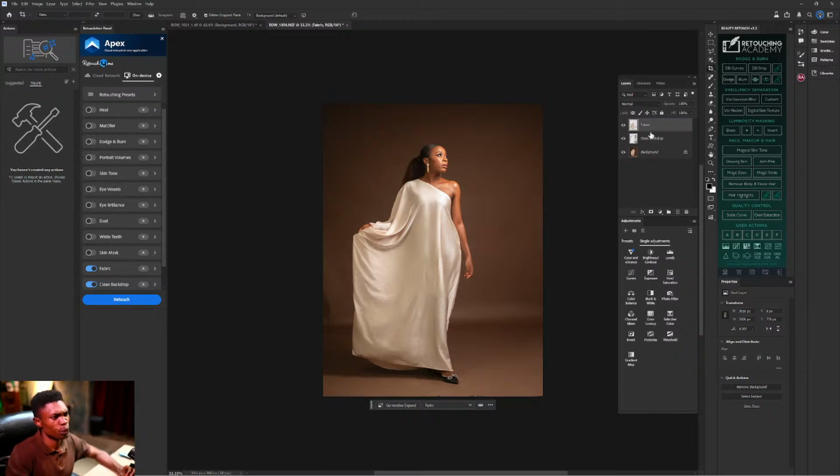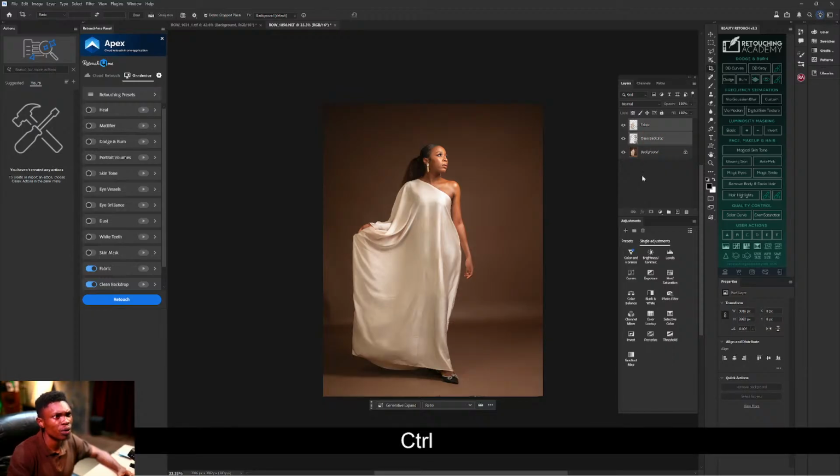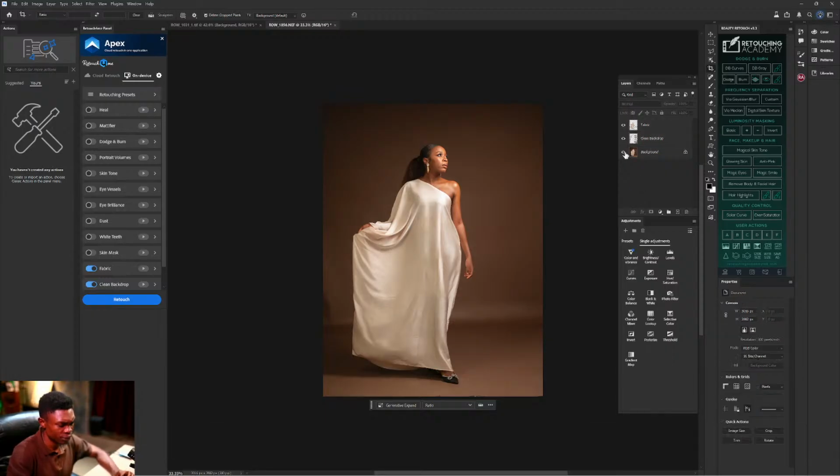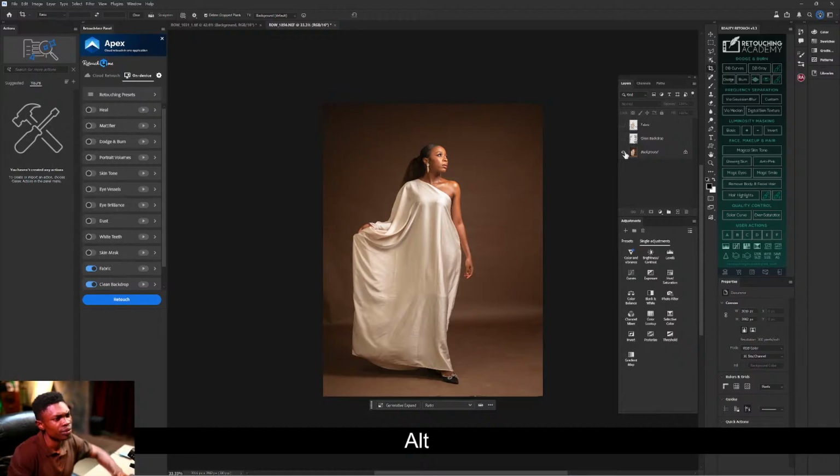So CJ, if you still dey with us, observe before and after. You dey see before, see after.